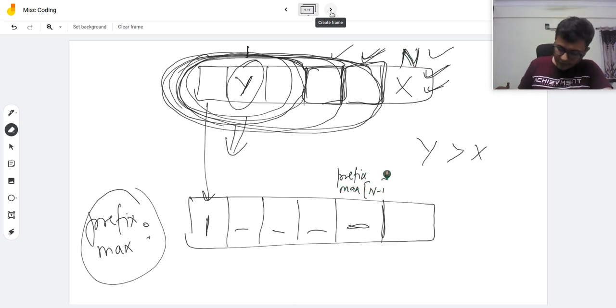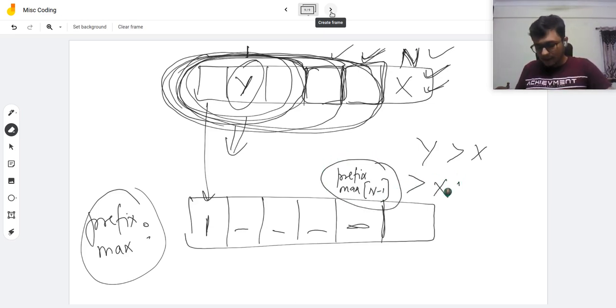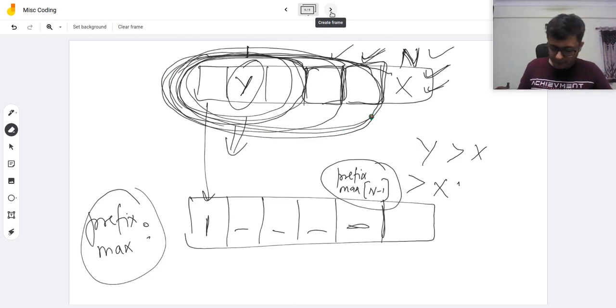And if prefix max of n minus 1 is greater than x, then we know that among all the persons who are sitting towards his left, there is someone who has a number greater than this number x. Because we have prefix max pre-computed, that will ensure this part.